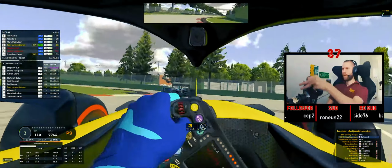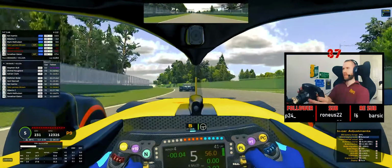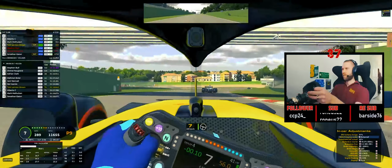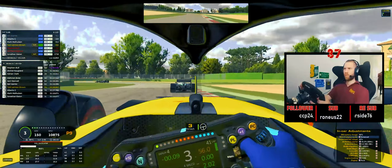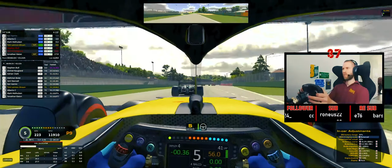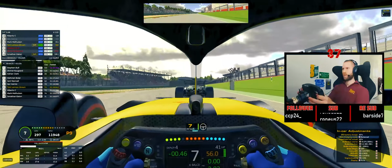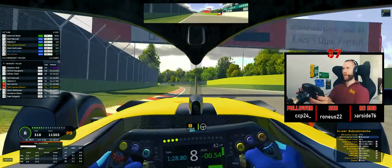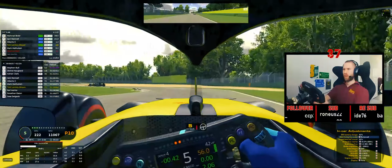There's so much grip. Obviously, what I've got to do is try and use the grip to get past these guys, but I can get a much better exit out of Variante Alta. And this is the first time, I think, in the race that I actually got DRS off a car that I was following. So the detection point just before Rivazza 1, and we come up Rivazza 2. We get a pretty good drive, and there we go. The light on the wheel comes up. Press the button, Bob's your uncle, there's DRS, and we make our actual first on-track overtake, which on lap, was